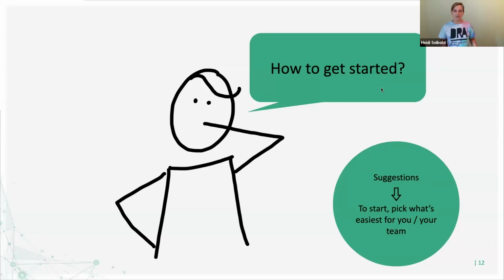And my suggestion when getting started on things like that is always to pick something that's easiest for you, or if you want to do it with the whole team from the get-go, then pick what's easiest for your team. There's so many things that you can do, and probably a lot of things that we can do better. And starting with the things that are easiest is more rewarding, and we can't do perfect right away, right? So I'll show a couple of different